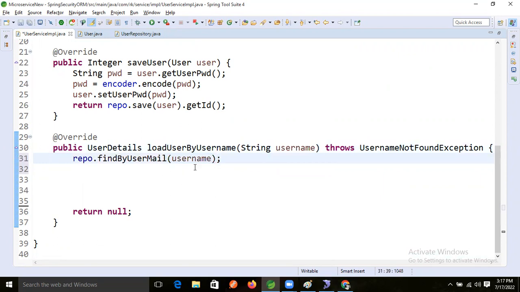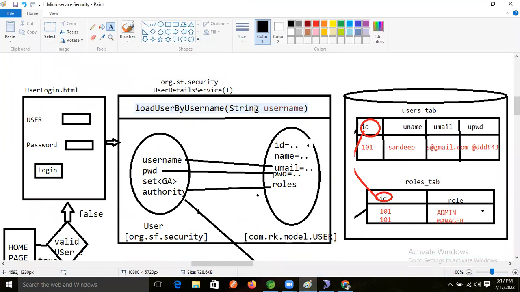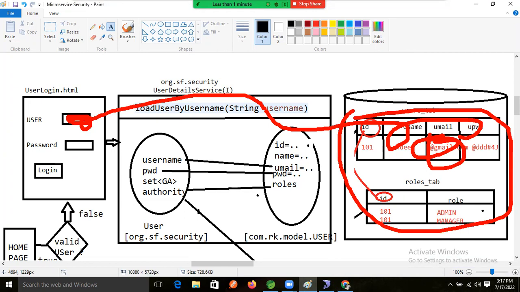Based on that, whenever we click on this button, this method will be called. Whatever user is there, just assume this username we are putting, then that method will be called from the repository, and based on that user, we are fetching these details. After getting this result, what we need to do now, we need to